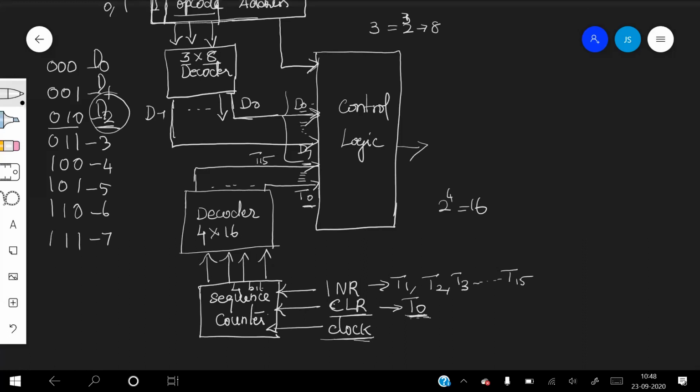In other cases, it is the increment operation, where the control input INR will be active, so it generates the timing signals from T1 to T15 by incrementing by 1. When the timing and these operations are synchronized, the control logic performs the particular operation specified by the opcode at the time given by the clock.